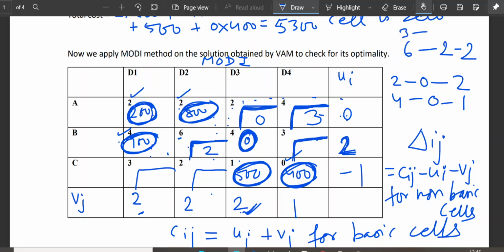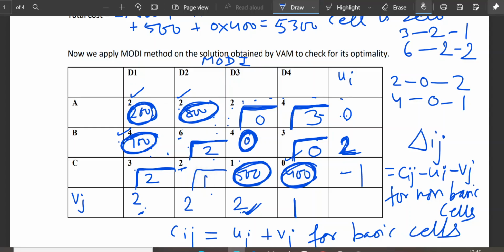So 3 minus this 2 minus this 1. So 3 minus 3, this is my 0. Let me check again. 3 minus 2, 1 minus 1, 0, right. Now come to this 3. So 3 minus minus 1, 4 minus 2, 2, right? Now come to this 2, 2 minus minus 1. So this will become 3, 3 minus 2, 1.